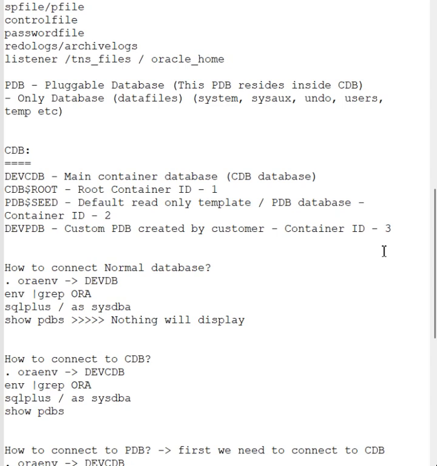Using this PDB seed template, we can create a pluggable database. We can have only one CDB root, and multiple PDBs under it. We should have only one CDB, that is root. We can call it root. Under root CDB